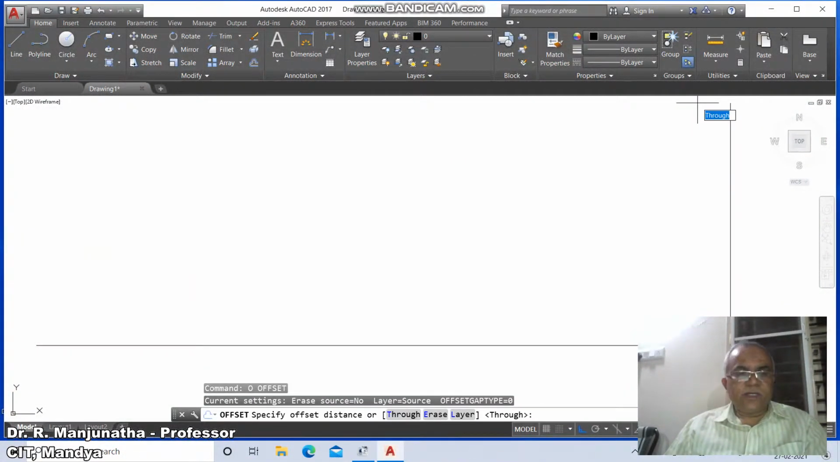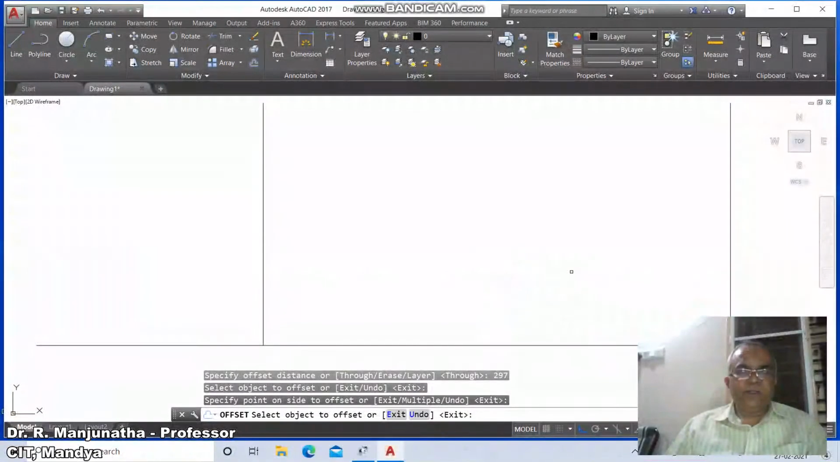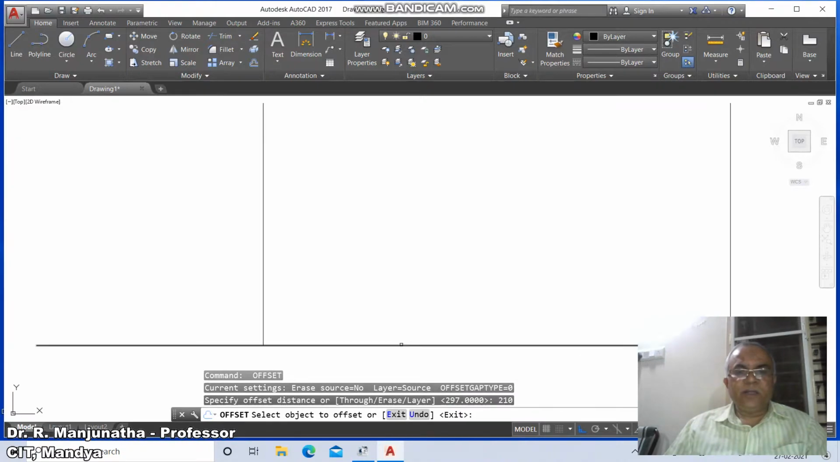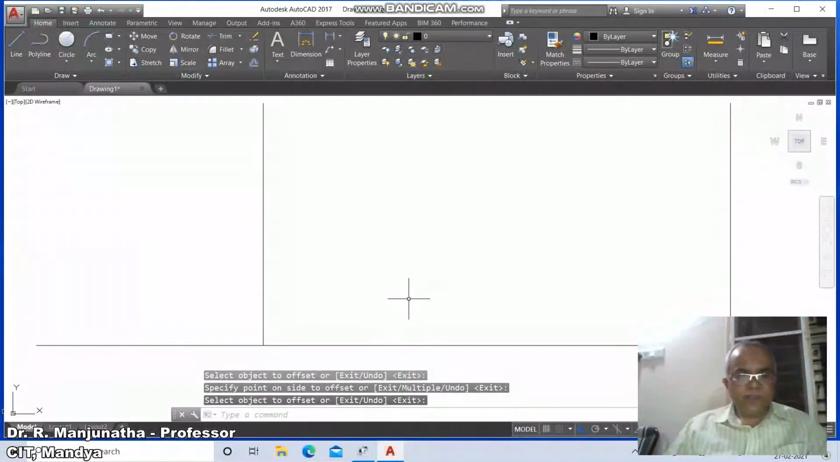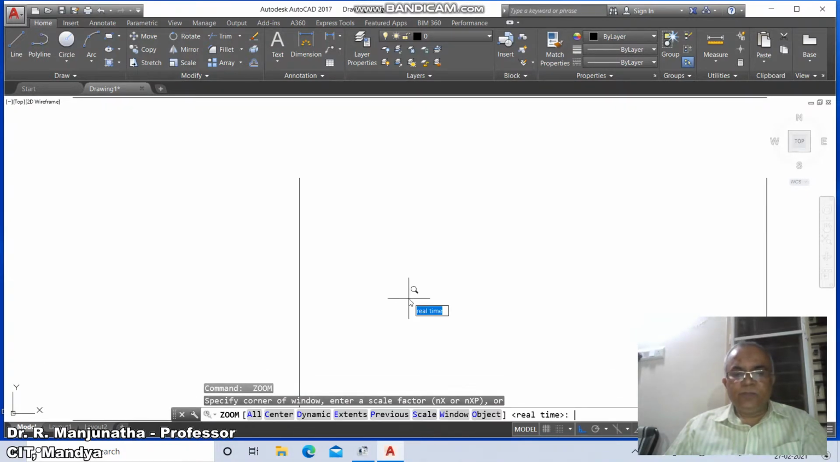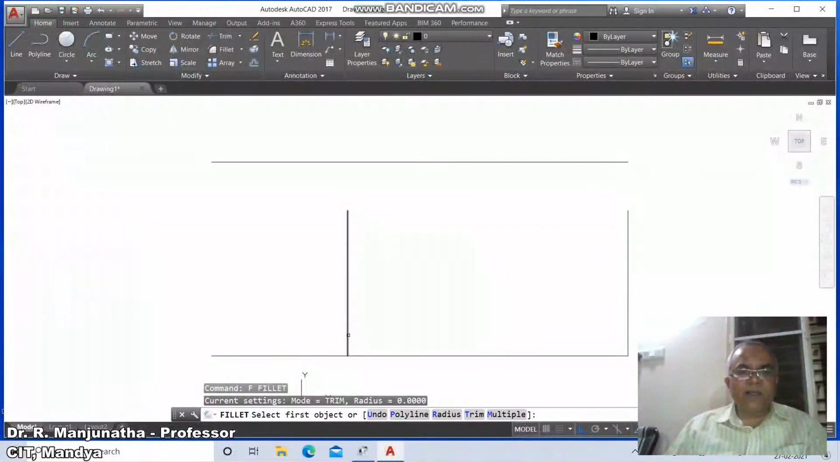Then go to offset, take the distance as 297, select object to offset, select the vertical line and offset to the left side, and again go to offset, take the distance as 210, select this horizontal line and offset to the top side. Then go to zoom, extents and then zoom 0.6x and go to fillet between this line and